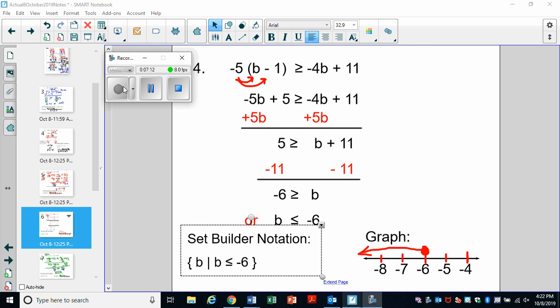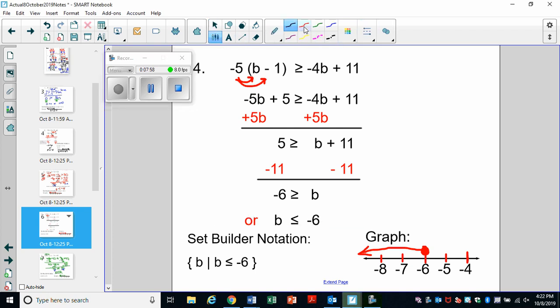Problem 4. Just like problem 3, problem 2, and even problem 1, distribute first. So negative 5 times b is negative 5b. Negative 5 times negative 1, positive 5. Now, unlike most other problems where we bring the variable to the left side of the inequality, we're going to add 5b to both sides. So in this case, negative 4b plus 5b,